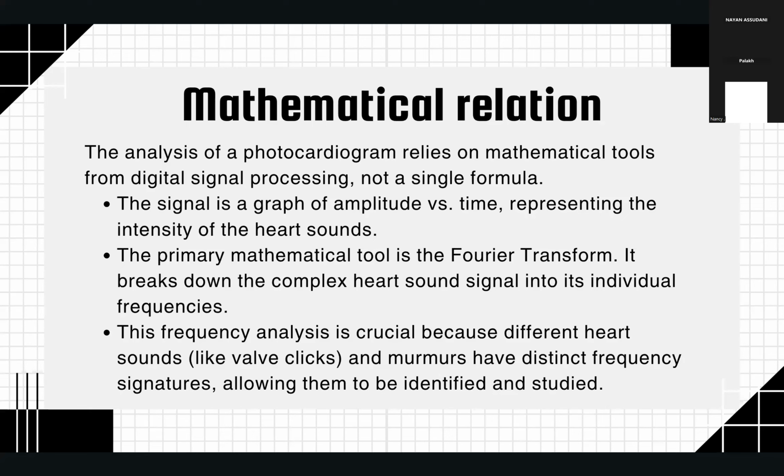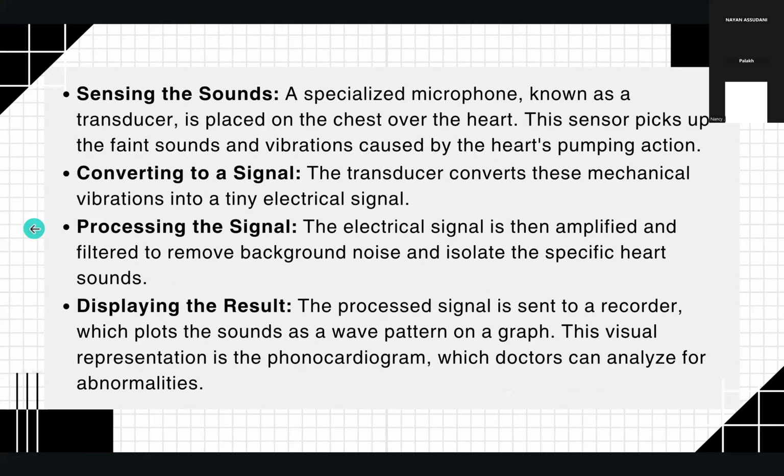After the short-time Fourier transform, we have to display the result, because we want to make clear what the signals are conveying. We take help of waveform display, like a cardiogram for sound waves, and we see how long each valve closure lasts. We also take help of spectrotemporal analysis, in which we take a 3D graph that shows amplitude, loudness, time, and frequency, showing everything happening during a heart cycle.